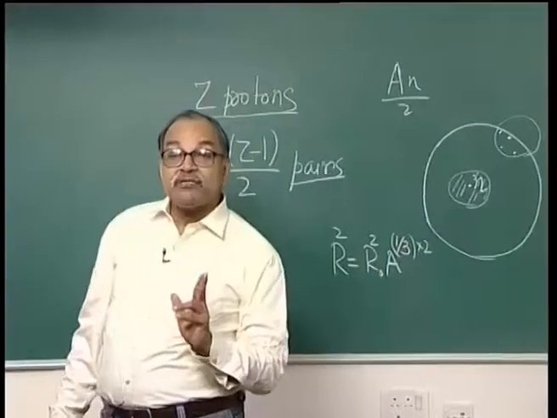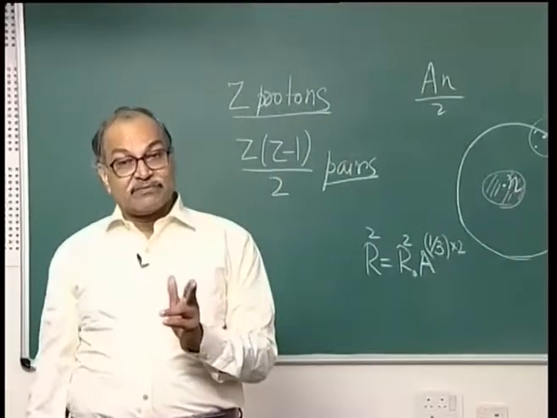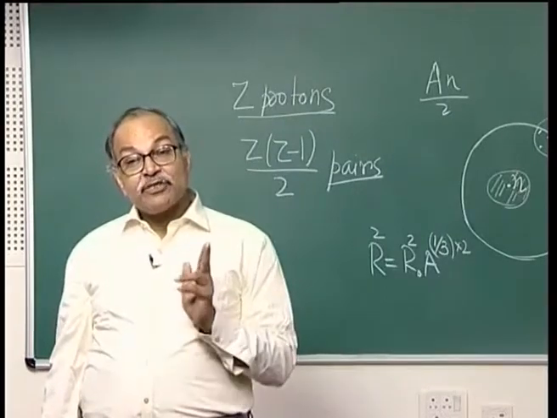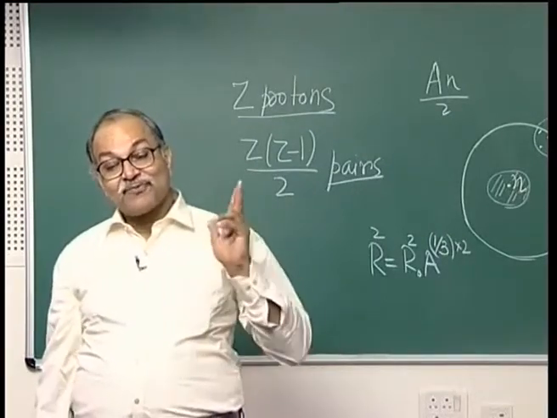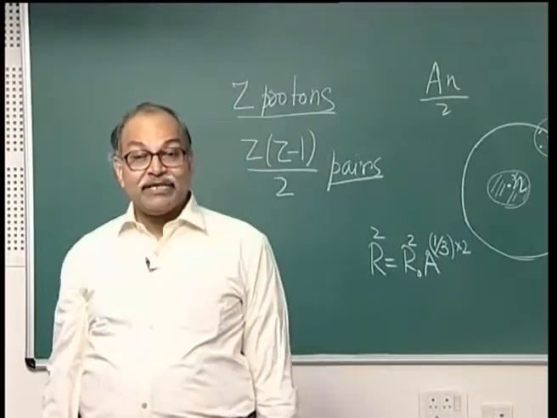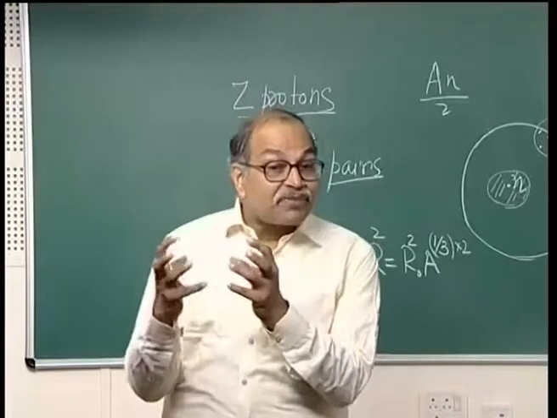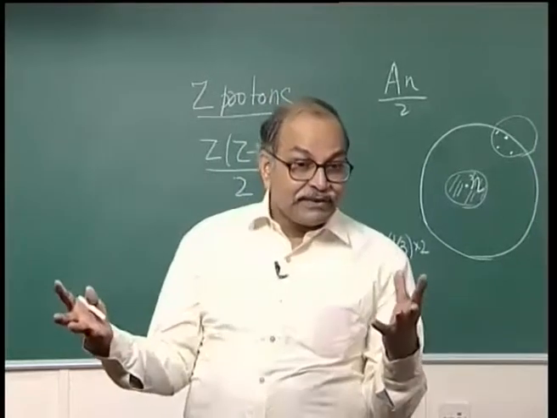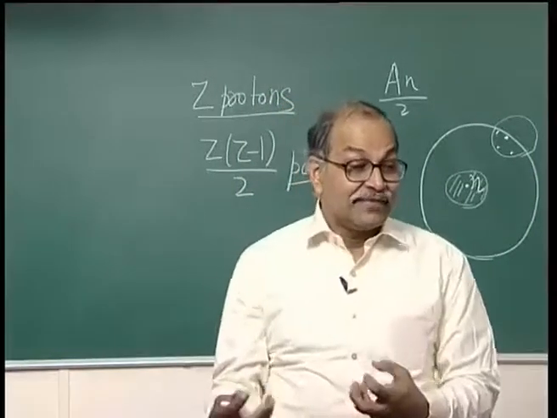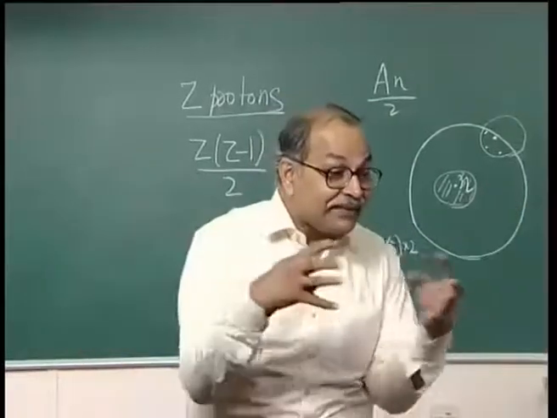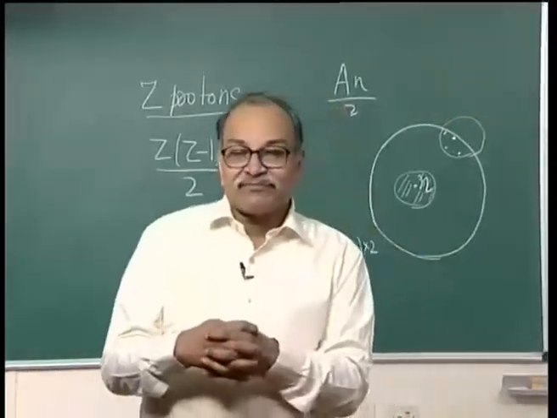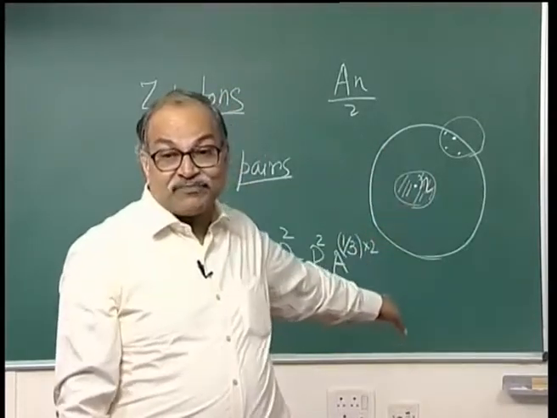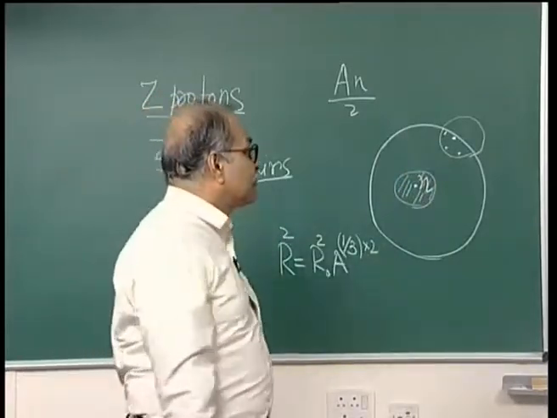So, proportional to 1 by radius, that means proportional to 1 by capital A to the power 1 by 3. Okay. And this is to be subtracted from the binding energy, because it is repulsion. It is not giving you binding, it is repulsion. It is not binding, it is not trying to keep the nucleus bound. So, from binding energy we have to subtract this contribution, and then you get third term in this formula, and